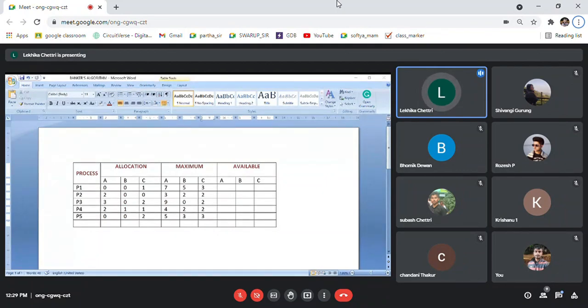From deadlock avoidance, today we are going to discuss banker's algorithm. I've already explained deadlock avoidance, the two methods, and what banker's algorithm is, and why it is given the name banker's algorithm. Do you have any doubt, from the definition onwards? If no, I would like to proceed. Write down in the chat box "clear" if everything is clear.